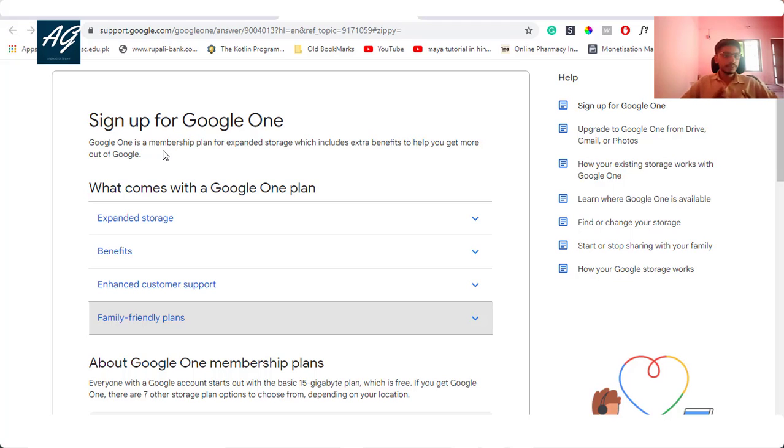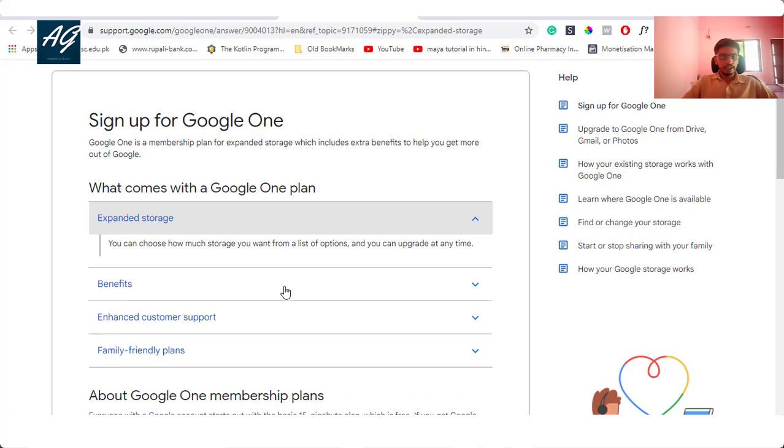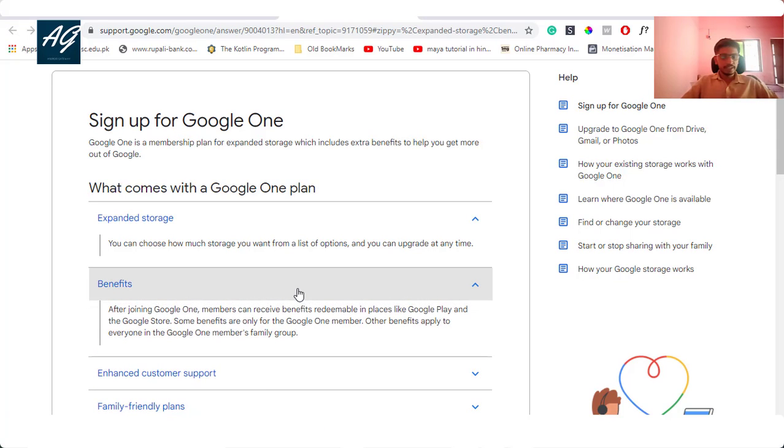Google One is a membership plan for expanded storage, including extra benefits to help you get the most out of Google. Here are the main features of Google One. First is expanded storage, and another benefit is that after joining Google One, members can receive benefits in places like Google Play and Google Store.